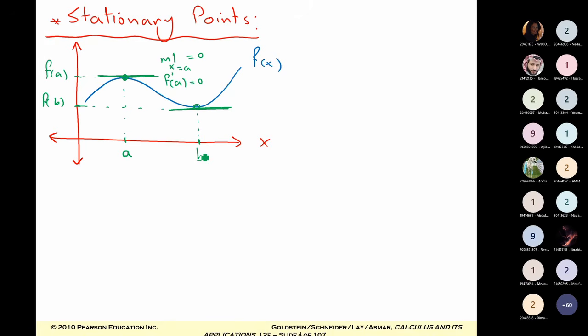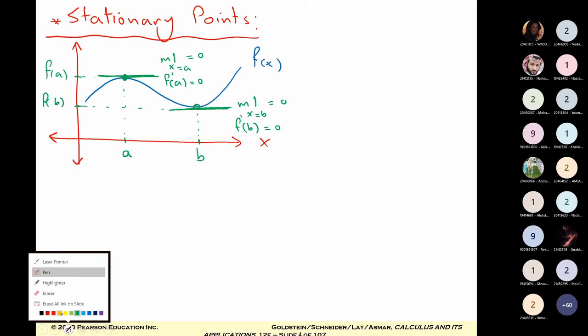Also at point B, the slope of the tangent line at x equal B equals 0, and f prime of B equals 0 also. Look at this stationary point. The stationary point means the point has 0 slope in the tangent line, or f prime equals 0, okay? So we can conclude,